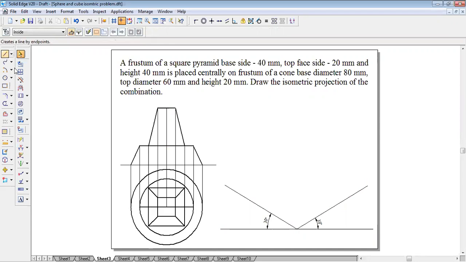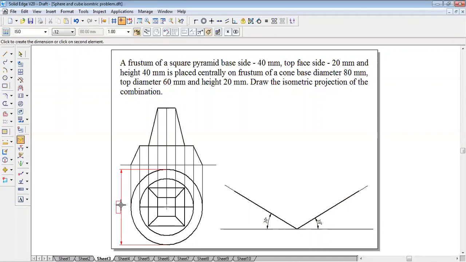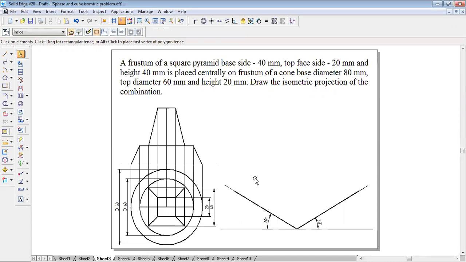So what should I do? Line command. I'll make it visible line so that it is easy to draw. 8 mm length. Here also 8 mm length on either side. To make you sure, I'll just give you the dimensions so that you will not get confused. This is 40 mm length. This is 20 mm length. Okay, everything is drawn. Now what I'm doing, so taking move copy command, very easy.